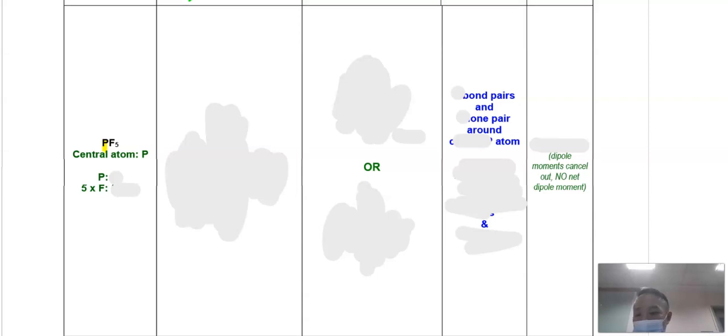So next, we look at the number of valence electrons contributed by phosphorus and fluorine. Phosphorus, group 15, 5 valence electrons. Fluorine, group 17, 7 valence electrons each. So you can imagine I'll draw a central P atom surrounded by 5 fluorine atoms. Okay? So in this case, we know that fluorine, being group 17, will need 1 valence electron to achieve